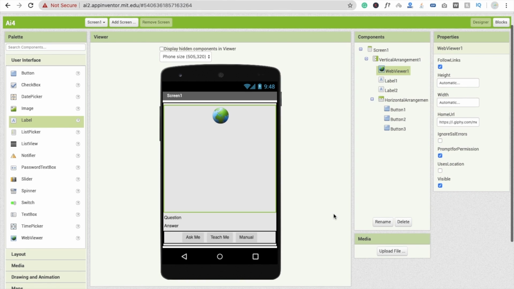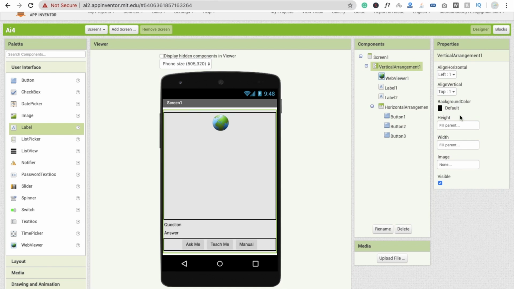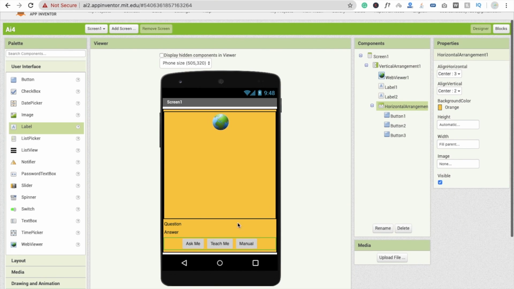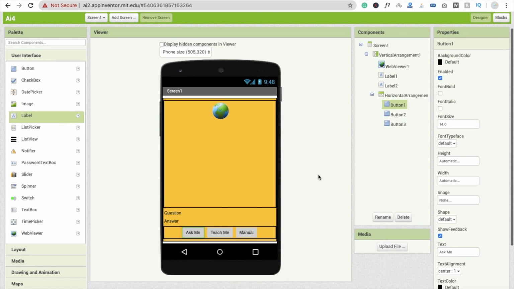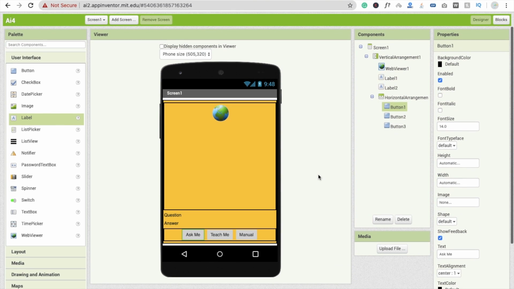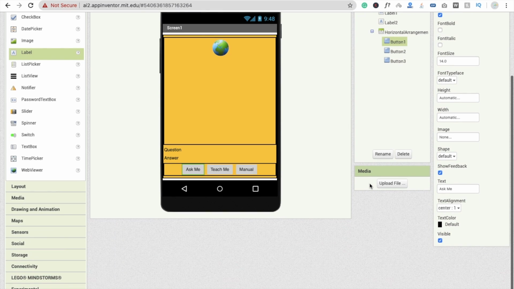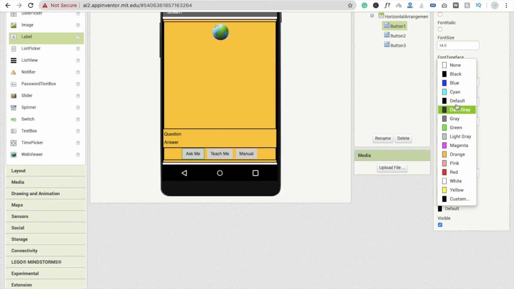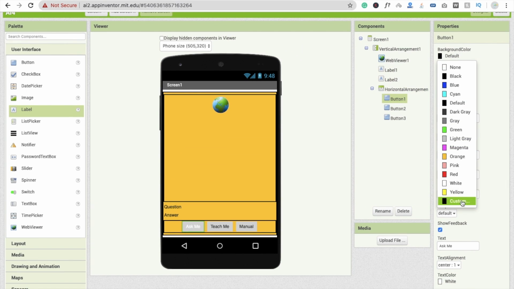Now we are going to use code for manual. Okay, so I'm going to just change the background color of this, make it orange, and make this one also orange. Fine, and you can change the button color also. Okay, so in this video we are going to just design the whole app right now. Then in the next video we will learn how to code for that, because it's going too long. So I'm going to change their text color to white and make the background color some custom.